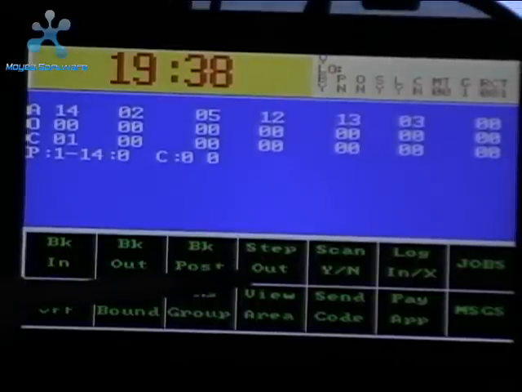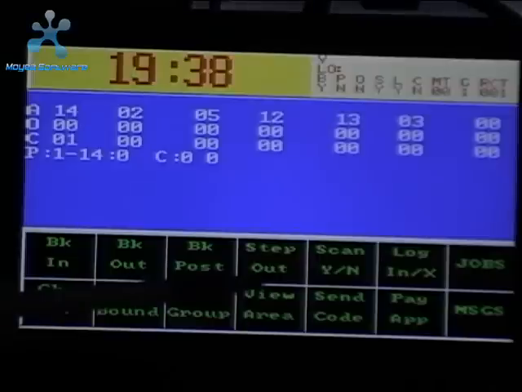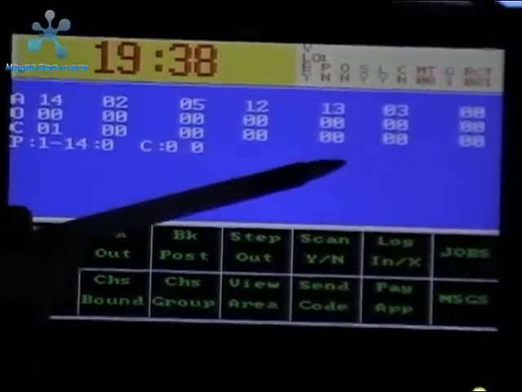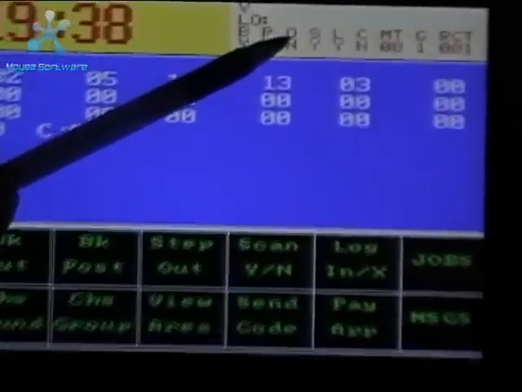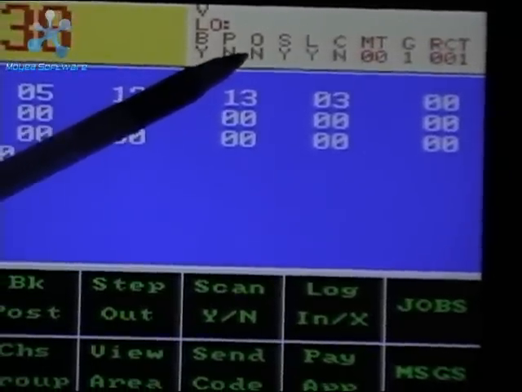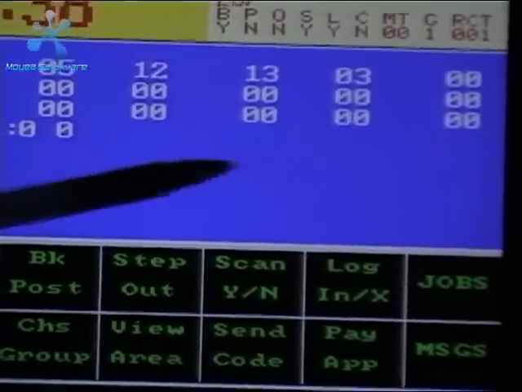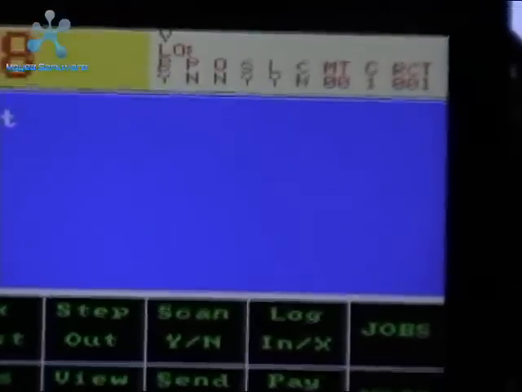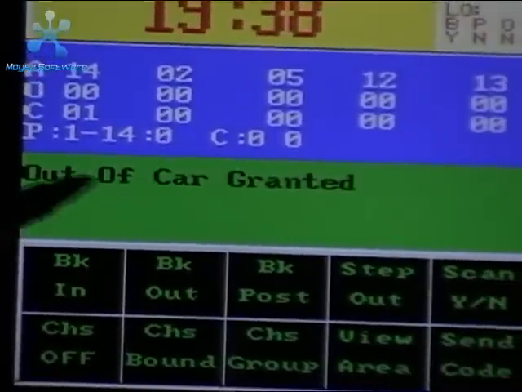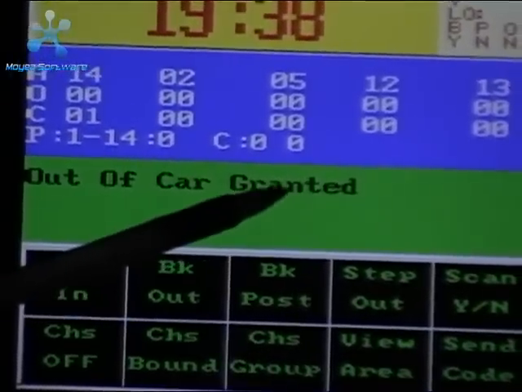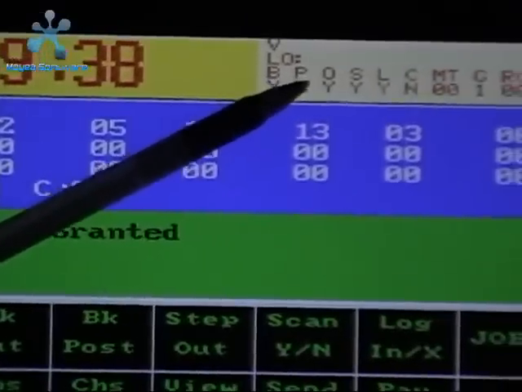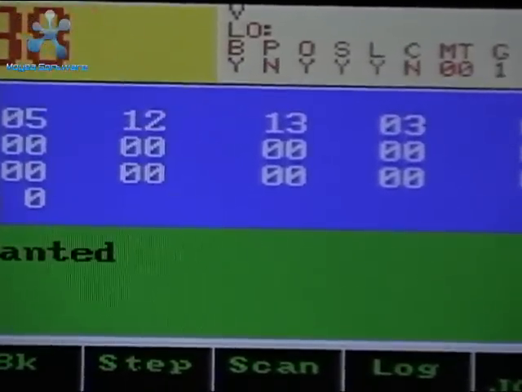This button is step out. Now if I want to leave my car for a coffee or to use the washroom, I would push this button, and I want you to be looking at the screen at the O. Right now it says out. No, I'm not out of the car. Once I push this button, stepping out, it says sending request, and a few seconds later it says out of the car granted. At this time you can leave, but this O underneath will turn into Y, indicating